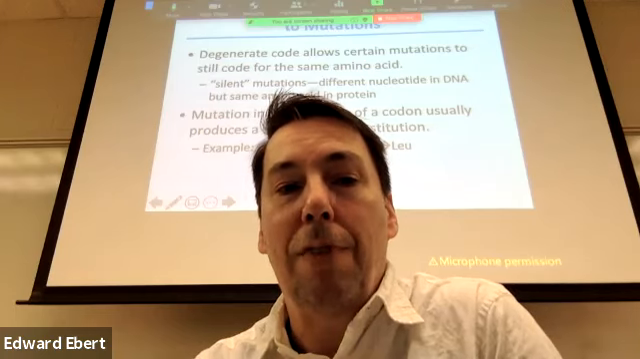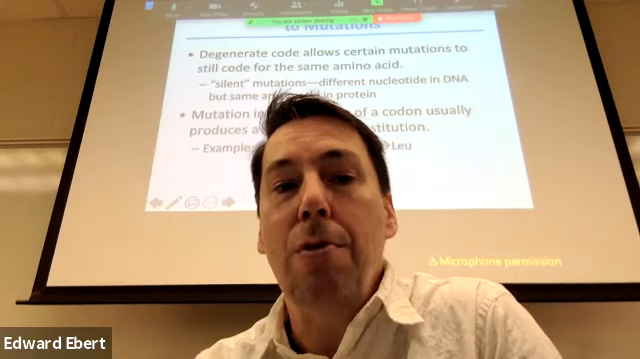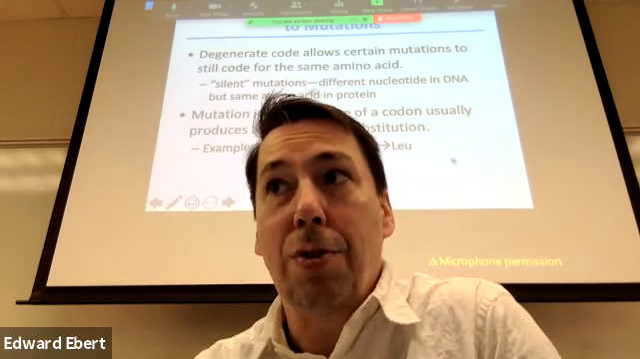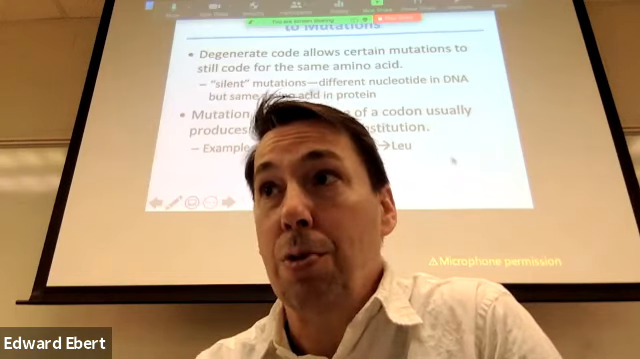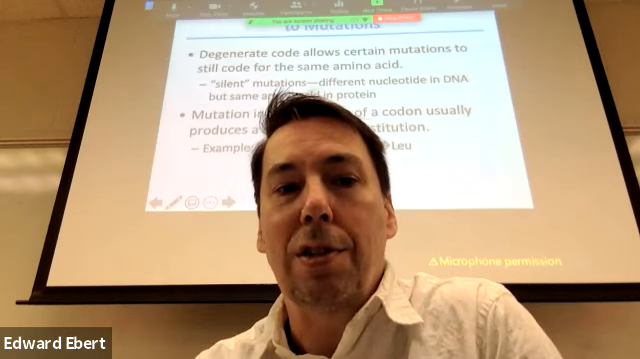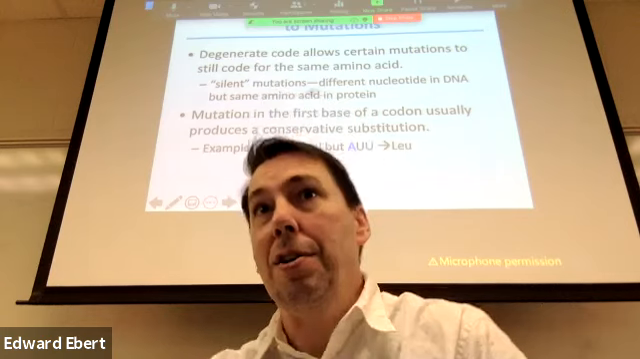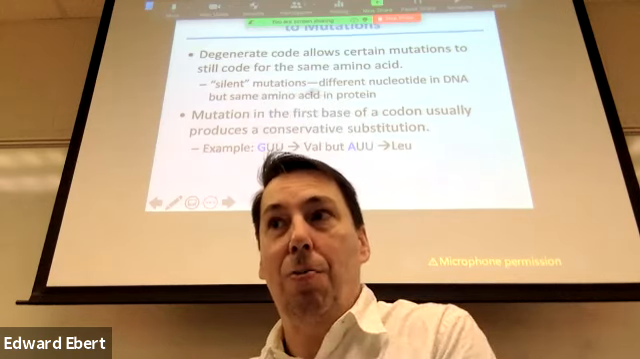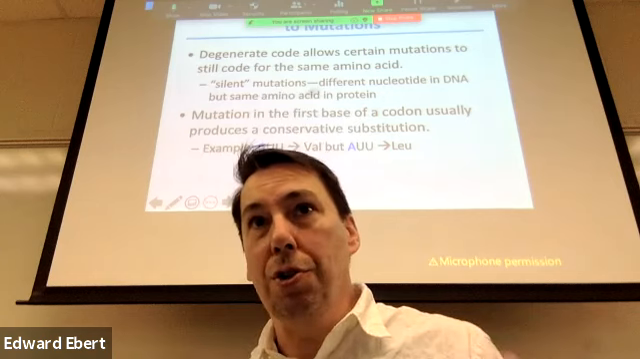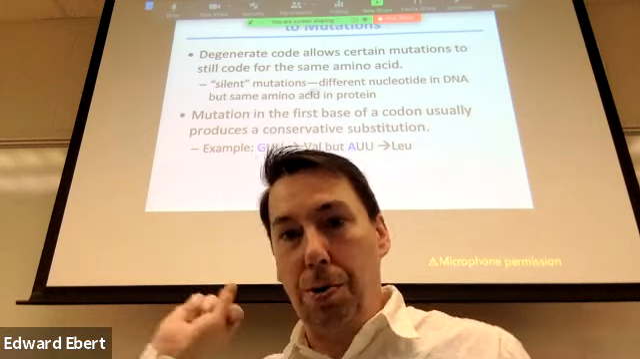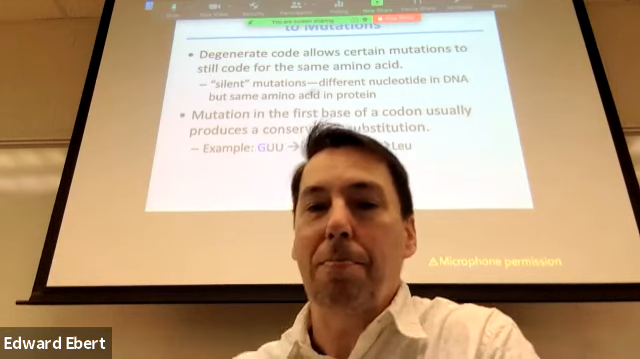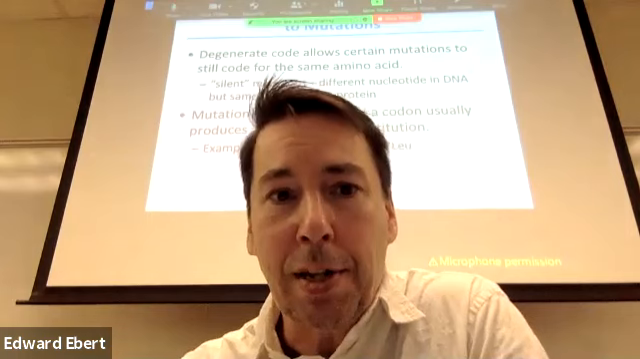So for example, if you have a GUU becomes AUU, that converts a valine to a leucine. What that means by conservative mutation is that valine and leucine are very similar, both structurally. They're both hydrophobic. You're not going to see a mutation in the first codon that's going to change an alanine to an asparagine, where you go from a small, uncharged hydrophobic amino acid to a large, highly charged one. So we get that conservative